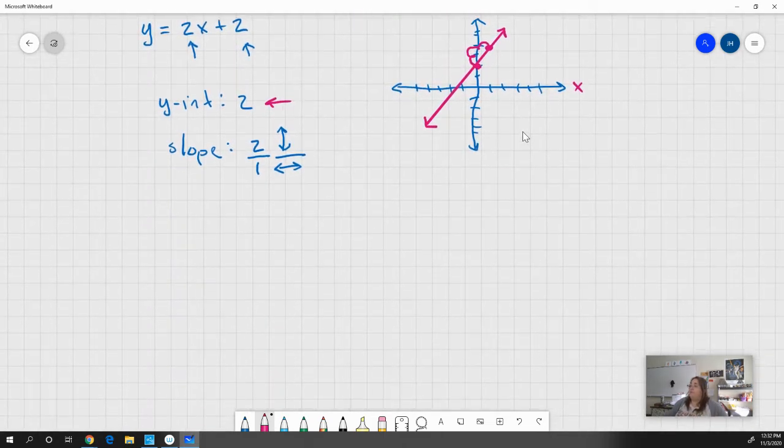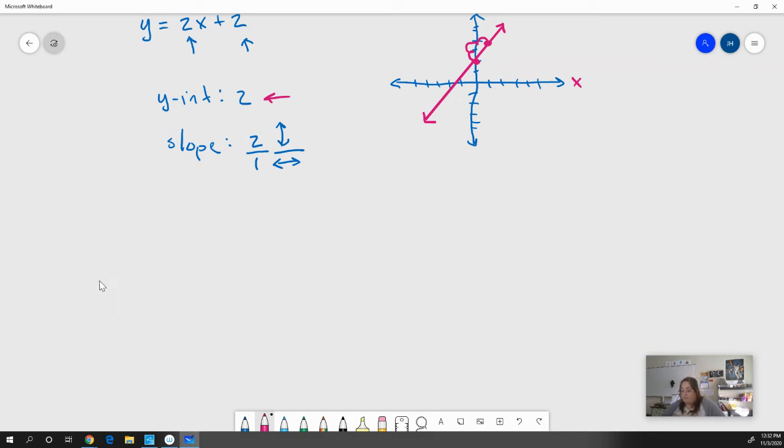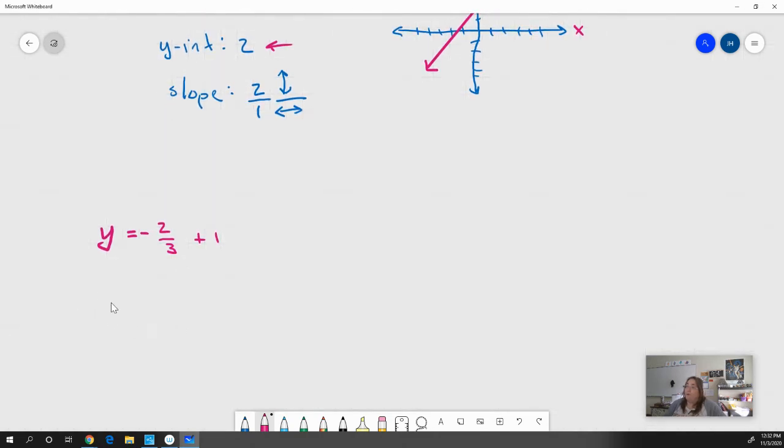Now, if I have a negative slope, say I have y equals -2/3 x plus 1, right? We still have all of the right components. We still have a y-intercept, which is 1. And we have a slope, which is -2/3. So when I go to draw the graph of this,